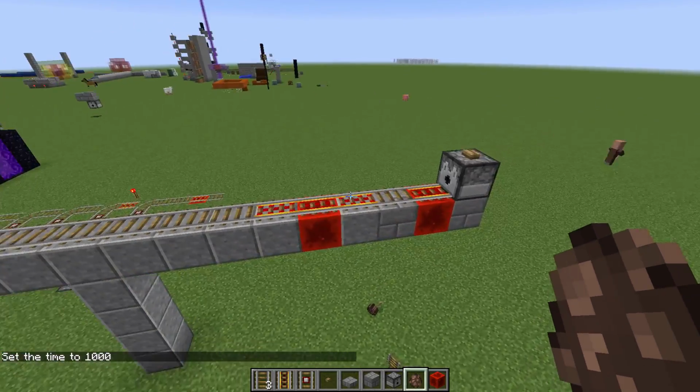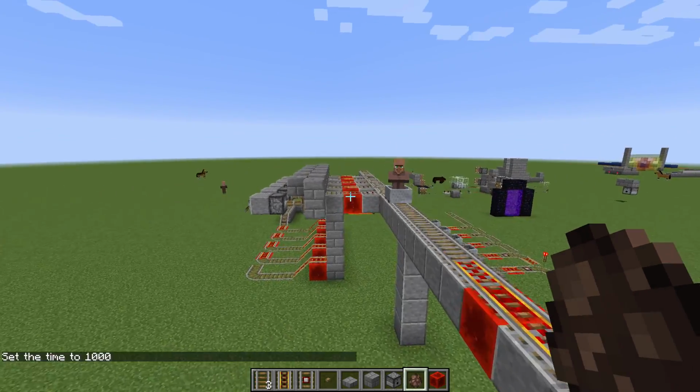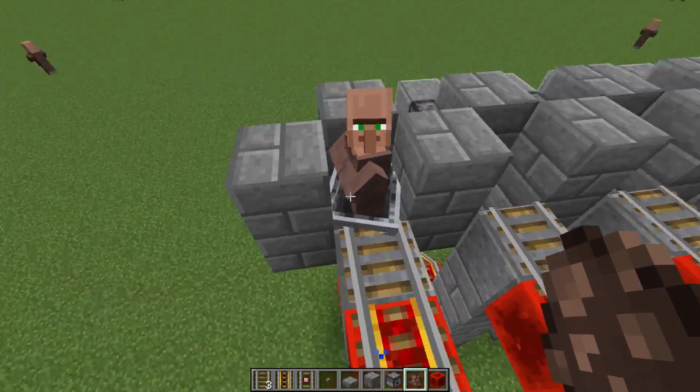So we're going to put a villager down, get him in a cart. Okay, and you see he lands on a half slab right at the end of the track here. And then what we'll do...